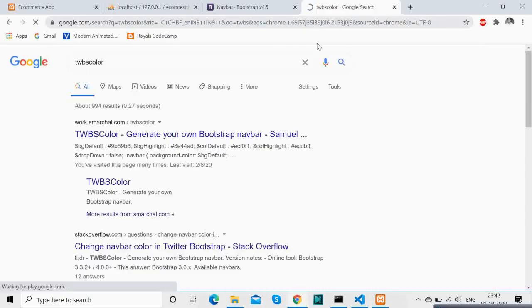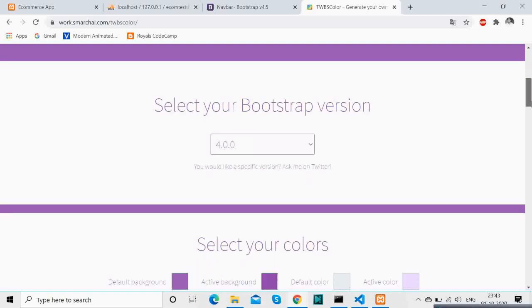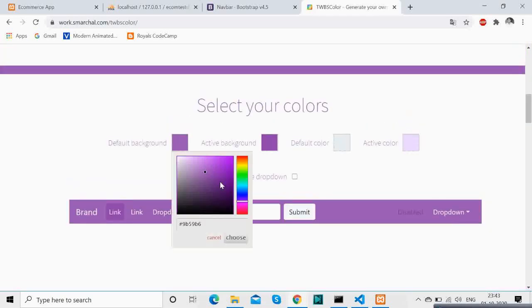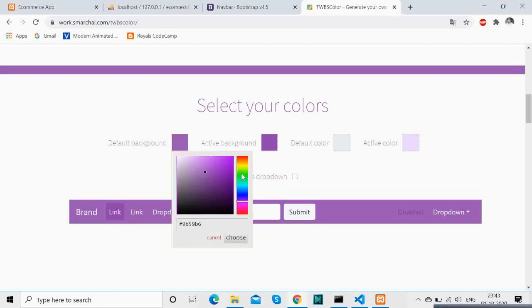So we go to TWBS color. This is a very good way of selecting the color for Bootstrap. It's very simple. You click and select the color you want, and once you have done that, you can grab the entire CSS of the navbar and have a file over there. So I'm just selecting the color we will have in our website.